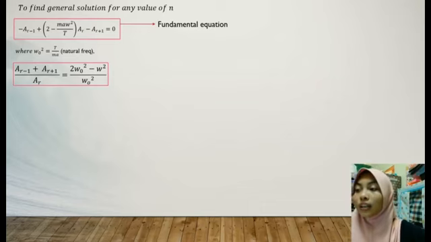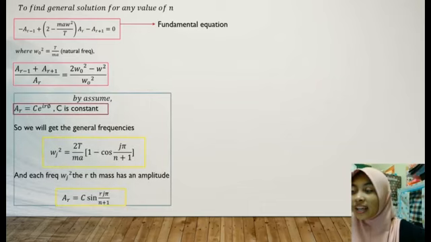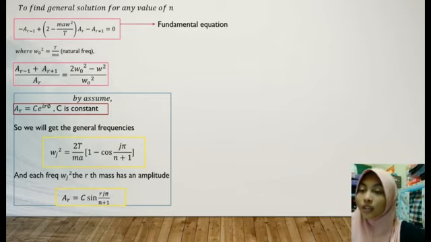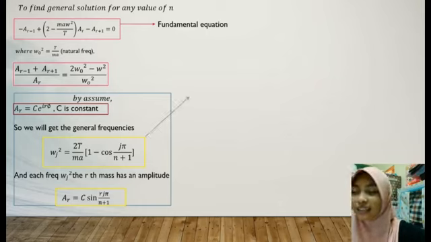By assuming that a_r equals C e to the power of i r theta, where C is a constant, we can get the general frequency formula and also the general formula for amplitude, as shown in the yellow box. But how can we actually get both